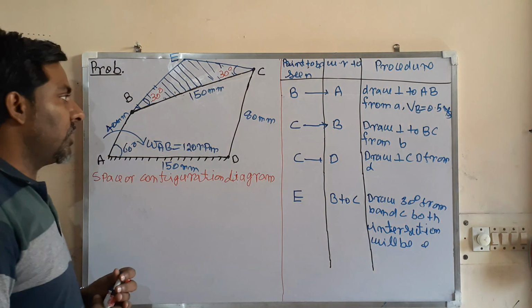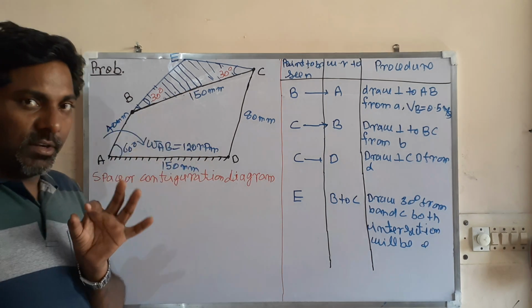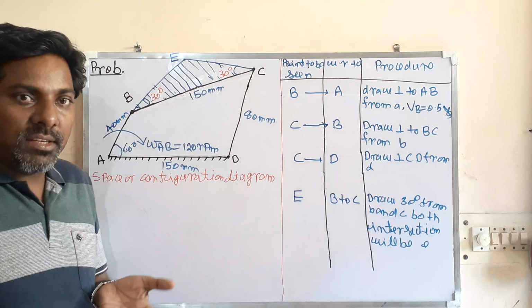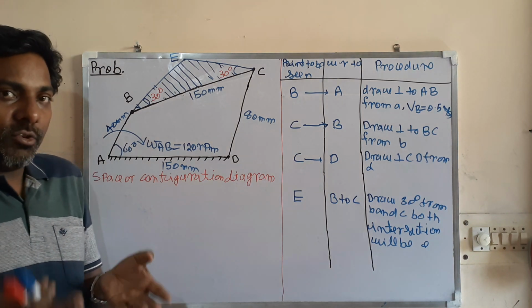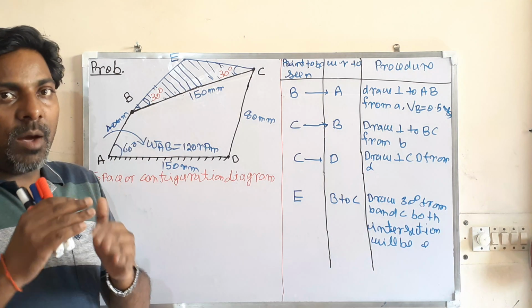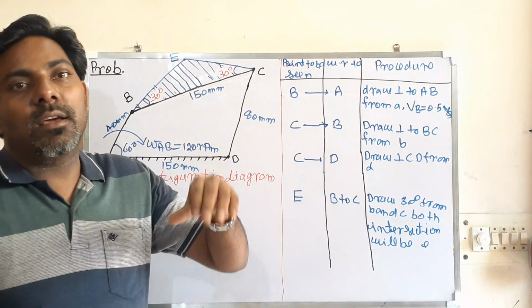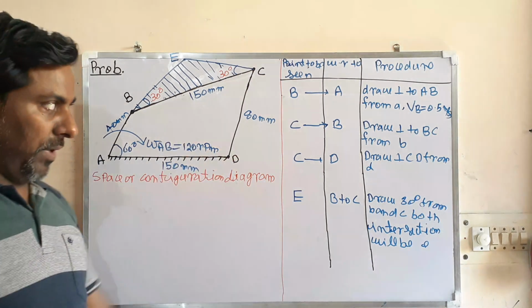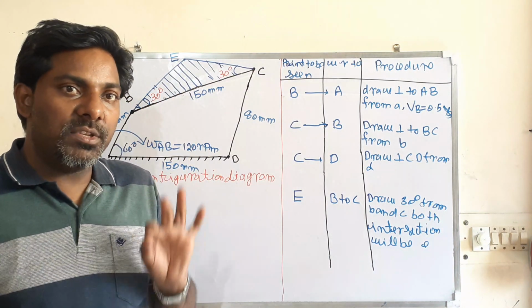You have to see what are the smallest dimension and what is the largest dimension. So your scale should be such that the smallest dimension is not very small in the scale, and the large dimension does not become large. So you have to make a compromise between the smallest and the largest dimension. You have to take a proper decision while taking a suitable scale. Means your diagram should not be very small or very large. It should be comfortably made on your copy. So the first step is that you draw the space or configuration diagram in some suitable scale.